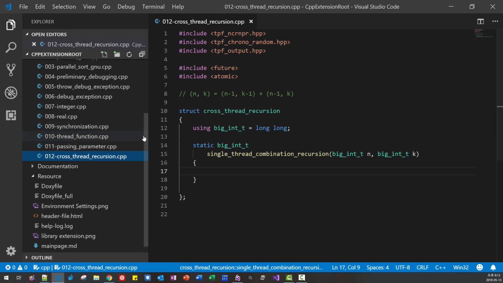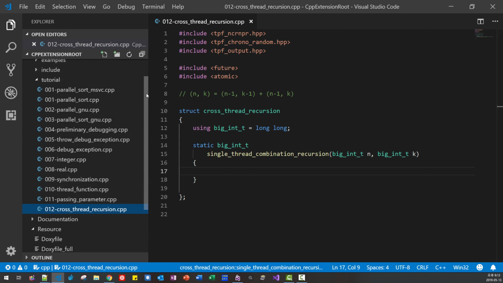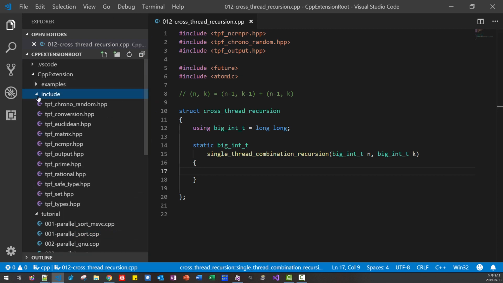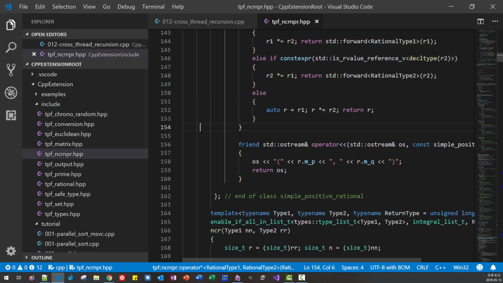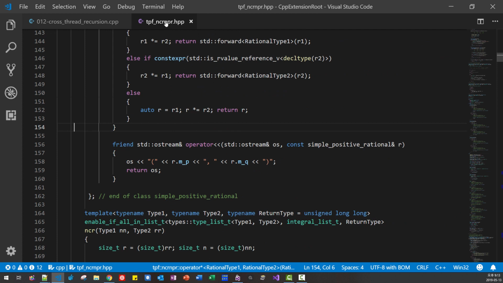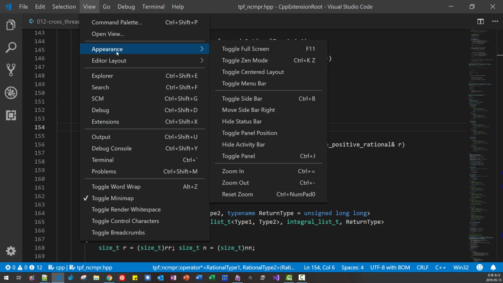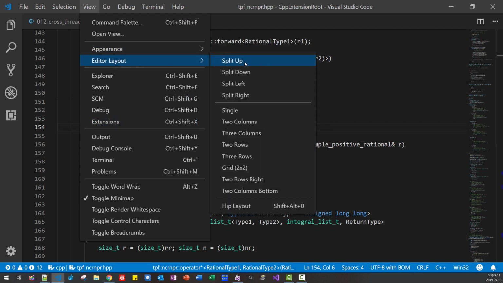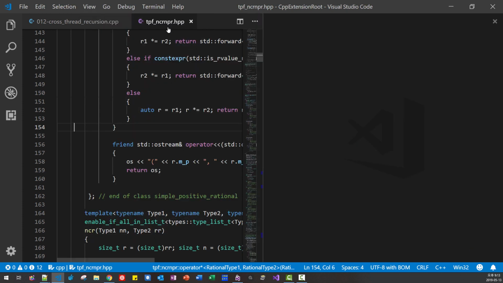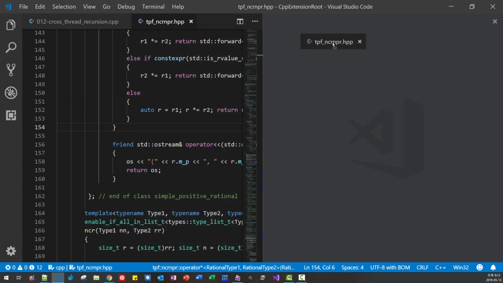In this file, include NCR MPR, Ctrl V. View, editor layout, 2 columns, I drag and drop here.